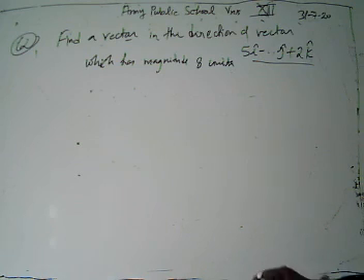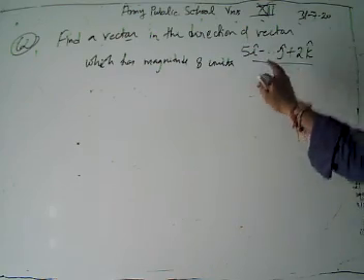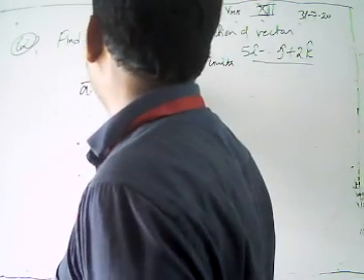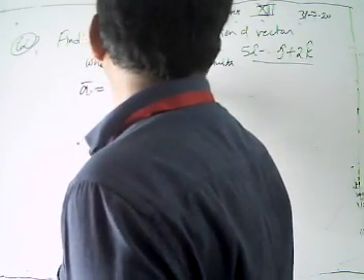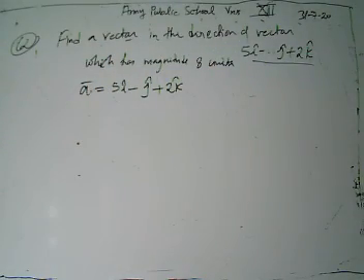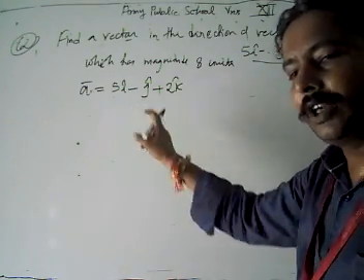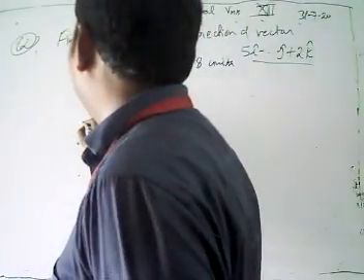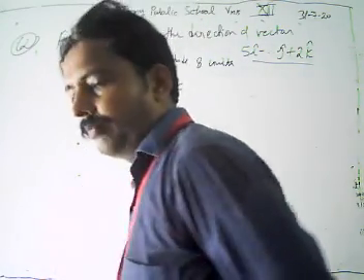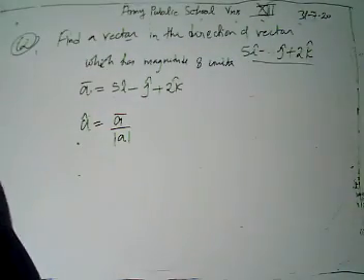First of all, we are going to find our vector. Just suppose we have a vector A there. It's vector A, given by 5 i cap minus j cap plus 2 k cap. Now look, first of all, we are going to find the unit vector in the direction of the given vector A. How can we calculate this?